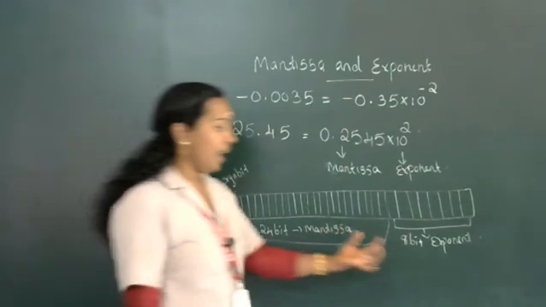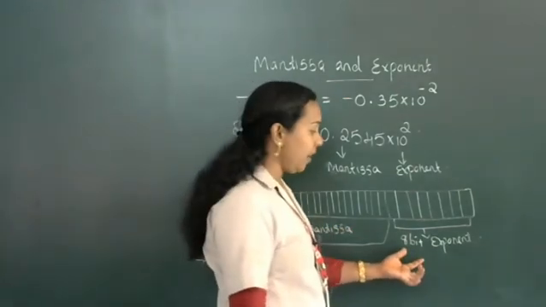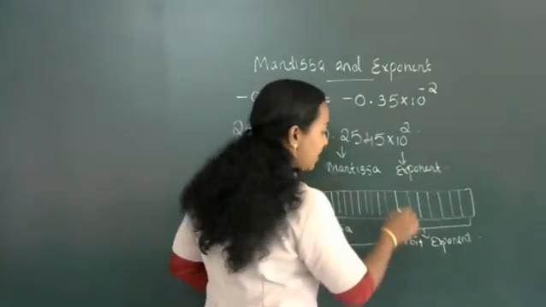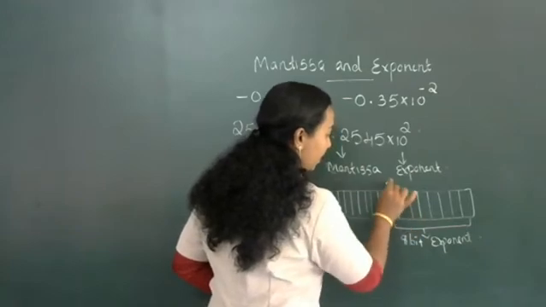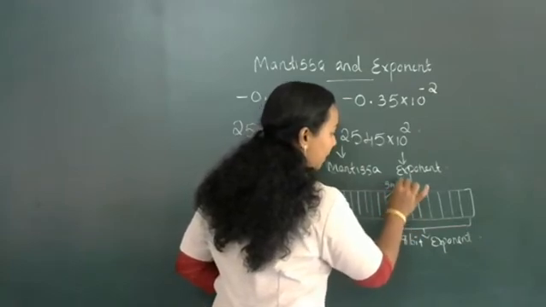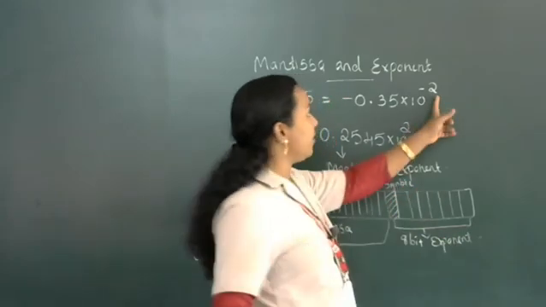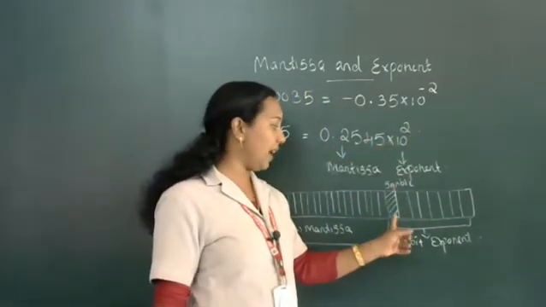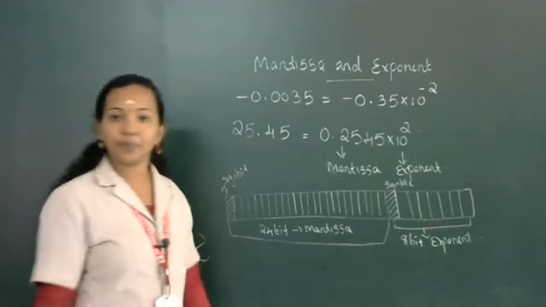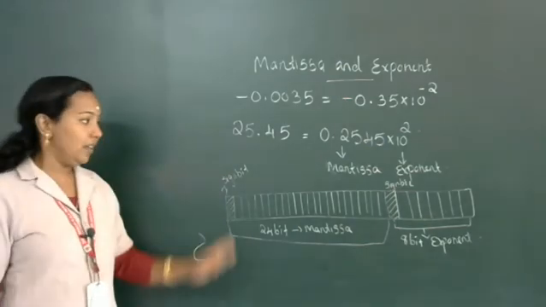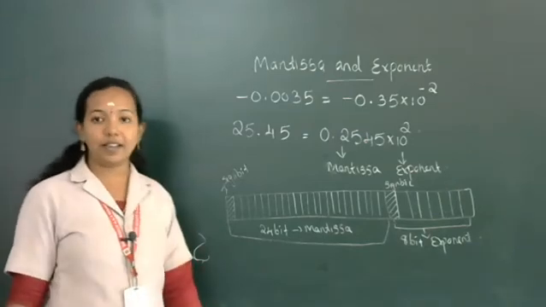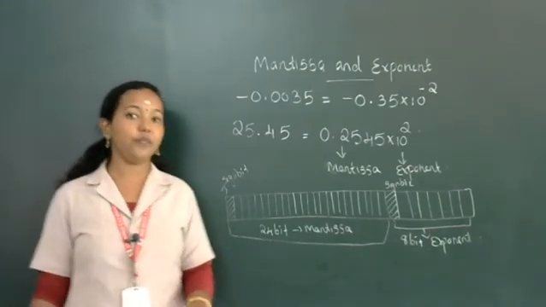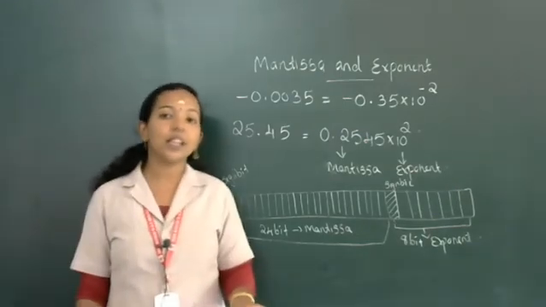Then 8 bits are for the exponent. In this 8-bit also, the first bit is used as the sign bit. Here, 10 raised to minus 2, so that minus you want to represent here. Like that, this is a representation of exponent and mantissa format. So the word length is 32.